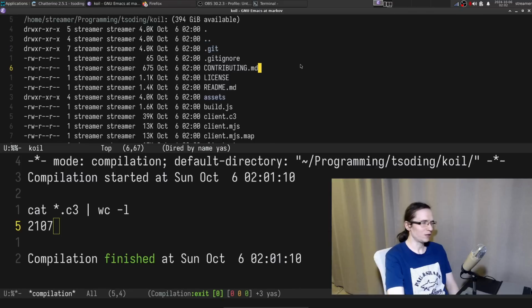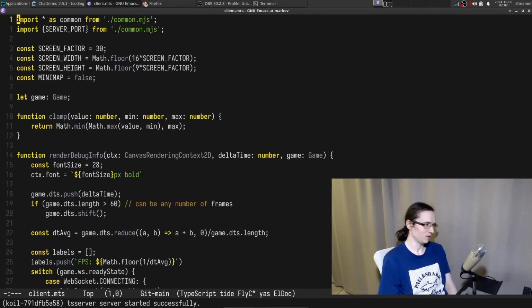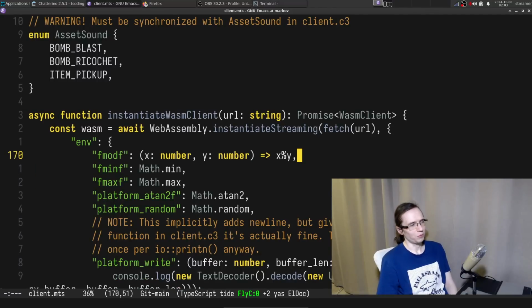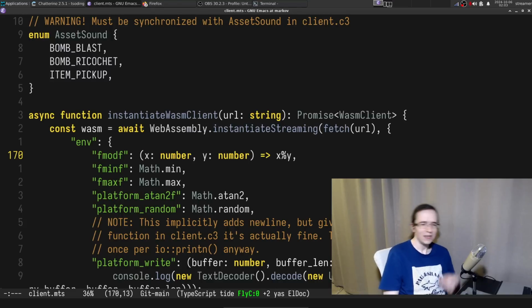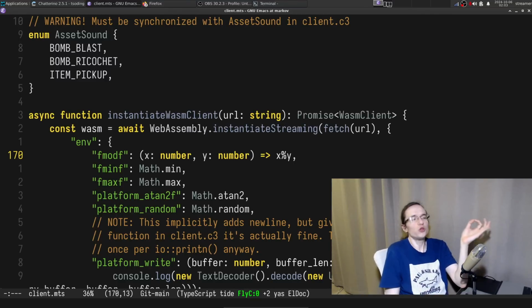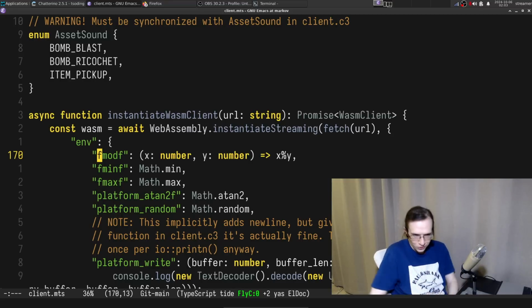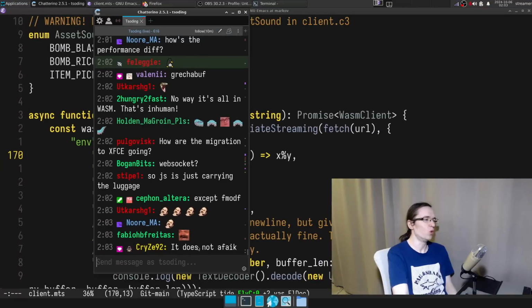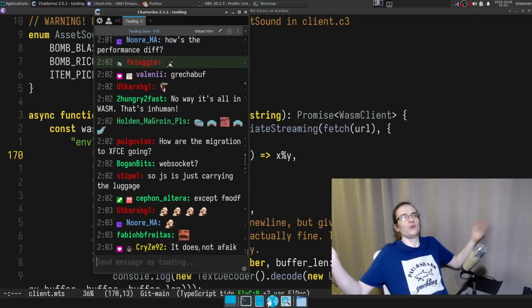So Sifon is actually talking about a very funny piece of code in the client, right? Where the JavaScript provides the fmod for the WASM module, because the WASM module as of right now cannot use its own fmod. I'm pretty sure the WASM virtual machine has an instruction for fmod, and I'm pretty sure LLVM has an intrinsic to call that instruction. It's just that at the time I didn't want to spend time. It does not? Oh my god. Okay, the situation is actually worse than I thought. Okay. Welcome to the web, everyone.